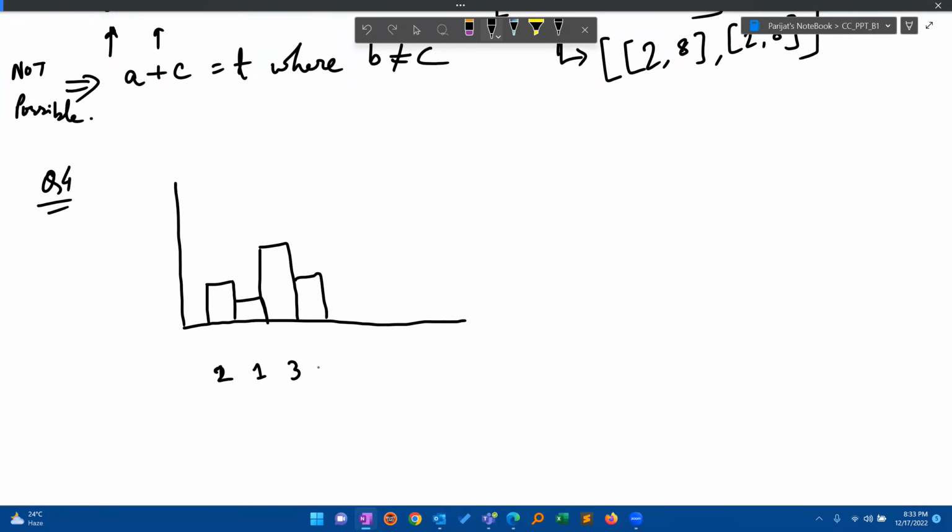This is say 2, this is again 2, this is 0, and this is say 5. Okay, so say this is the problem, this is the input. So you are given the heights of the bricks at each index,